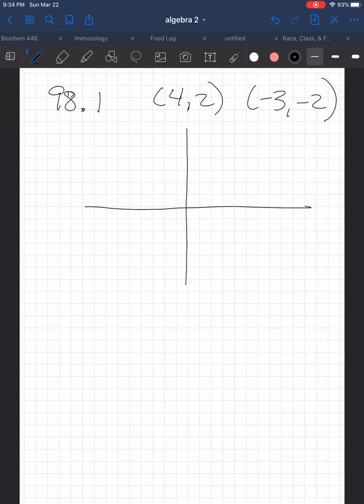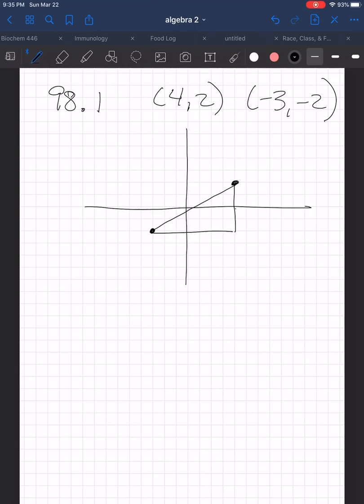So the first example, 98.1 on page 413, says to find the distance between the points whose coordinates are (4, 2) and (-3, -2). So graph those 2 points. 1, 2, 3, 4, 1, 2. -1, 2, 3, down 2. All right, now make a right triangle out of those 2 points. So I'm going to draw this, that's the hypotenuse, come straight down and straight across so that we have a